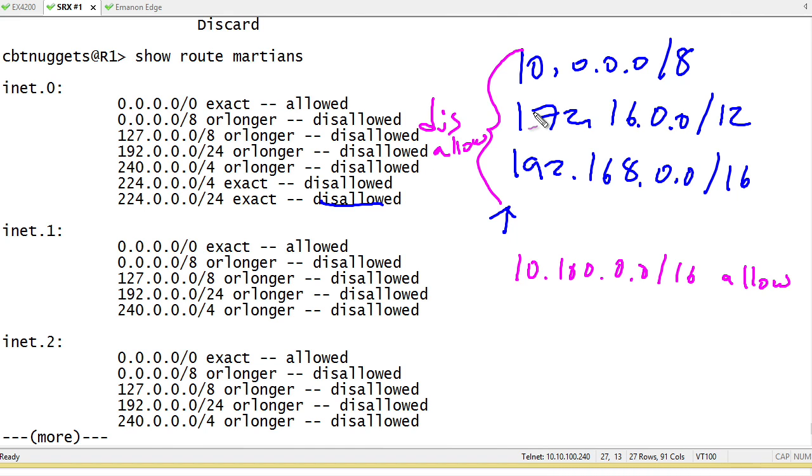And that would protect me in case I ever got an extra router, somebody set up a rogue router or something like that, or tried to inject routes into my network, or if BGP messed up, whatever the reason happens to be. If at any point in time I started getting routes that say the next hop is 10.1.4.16, well, by default it's not in here, so it would be up here and would be disallowed. So I would see those routes, but they would all show up as hidden routes and would not be part